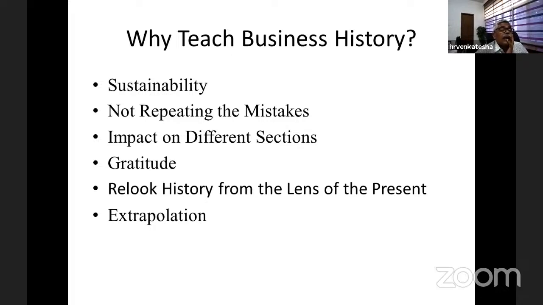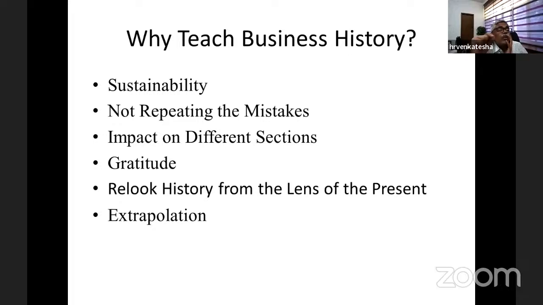If you look at India, it is less than 1 hectare. But if you look at the North American countries, it is more than 10 hectares. If the whole world starts consuming like North America, we need 3 planet Earths. Do you think the present consumption practices are sustainable? I don't think so. But all our economic models are emulating the Western model, the Western consumption pattern. And I think from this perspective, we have to teach business history to our students.